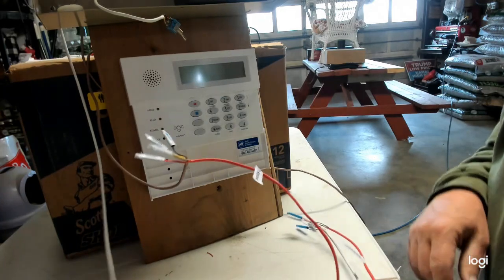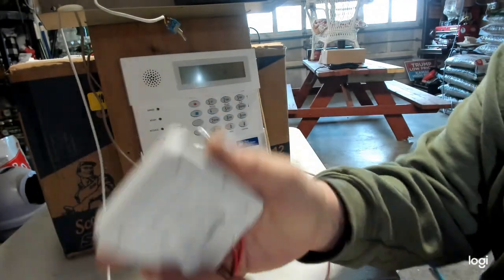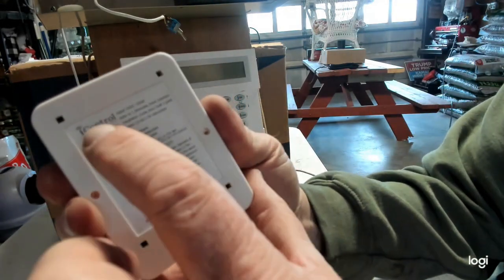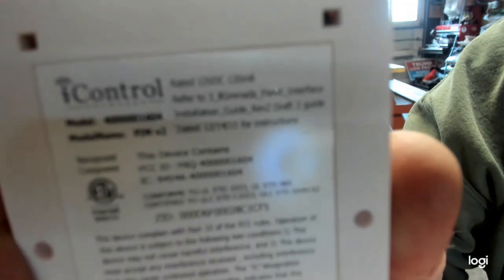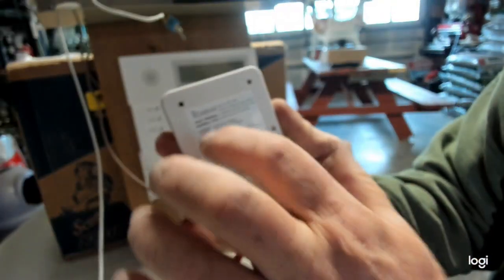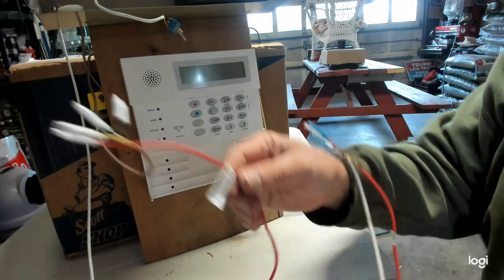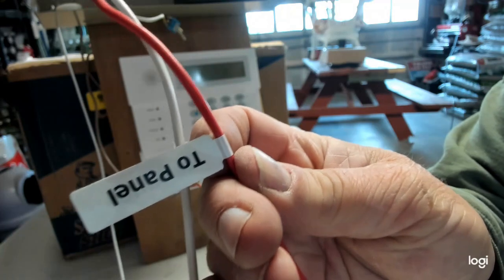Now, guys, what you want to do is you've got to find this PIM module, and you'll know it's a PIM module. Hang on, I got to get my glasses on. Because on the back of it, it'll say iControl. Right there, it'll say PIM. This is the thing you want to get rid of, is the PIM module. And what it does is one leg of it says to keypad, the other leg of it says to panel,